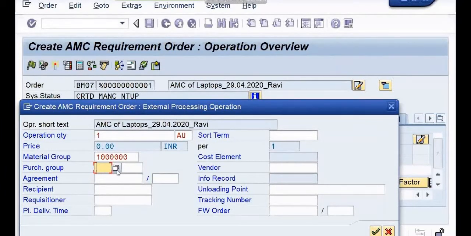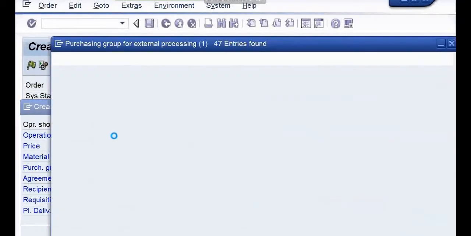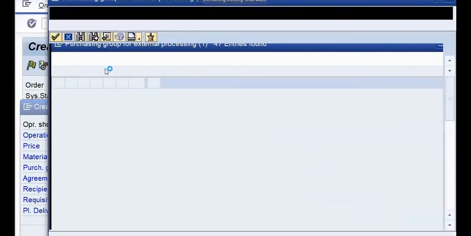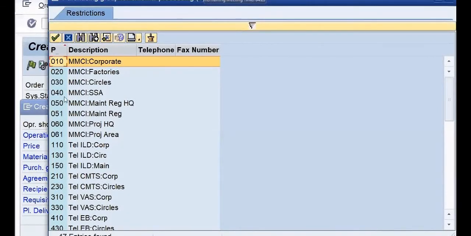As you all are aware, it is going to be 010, 020, 030, and like that, means from which level you are actually exercising this. As in my case, I'm doing this in Coimbatore SSA, means I'm covering the laptops of one STCA, then it is going to be 040.